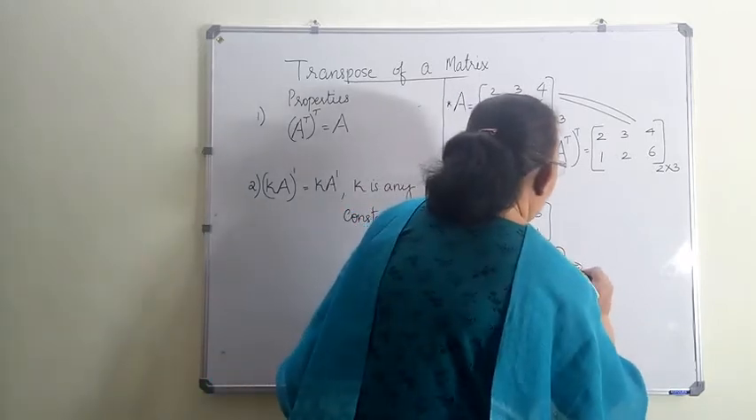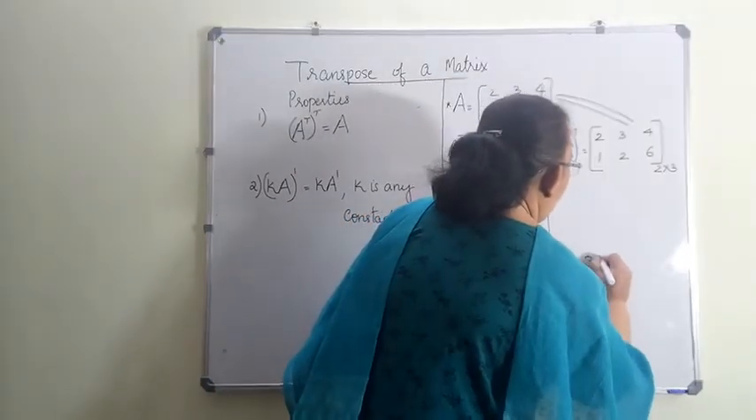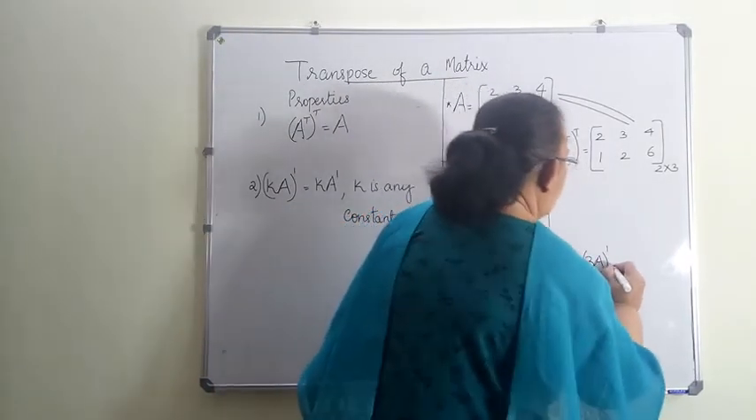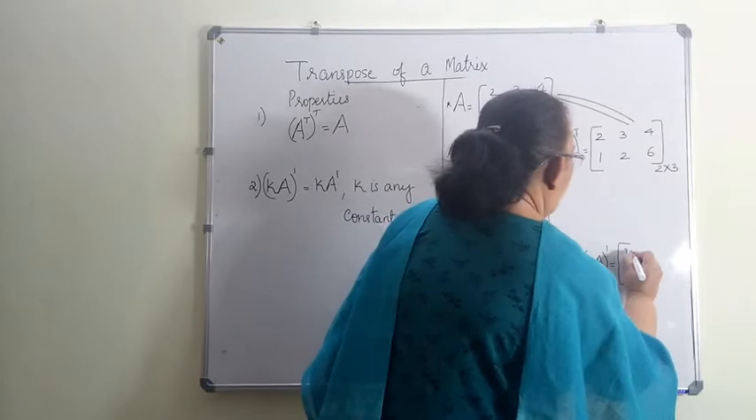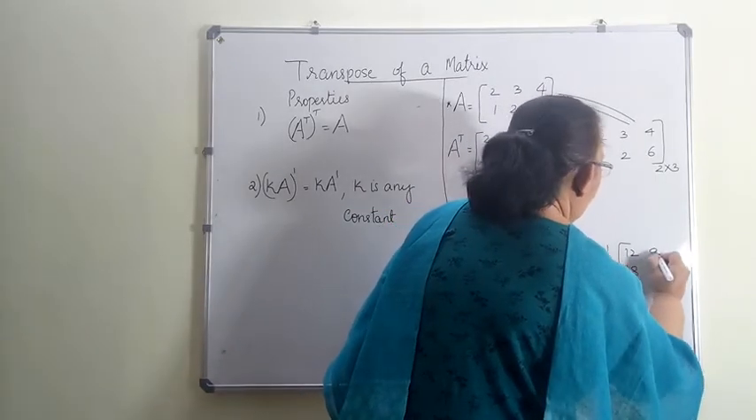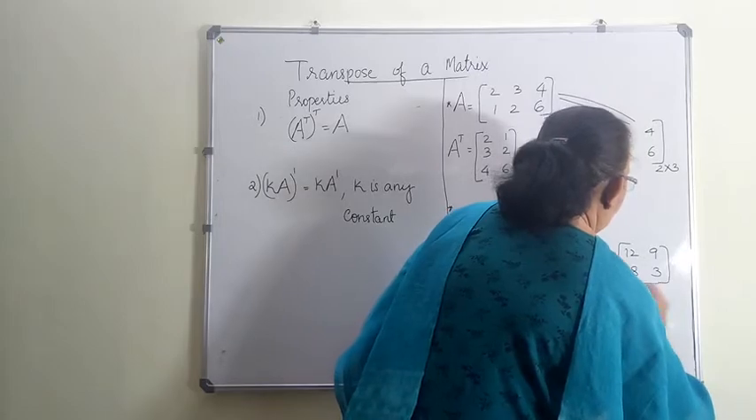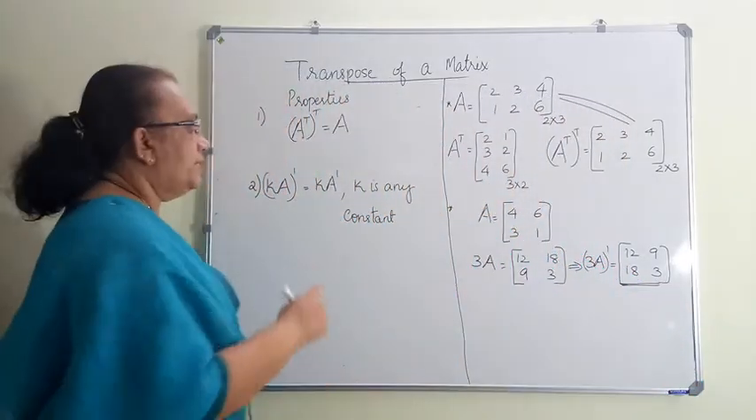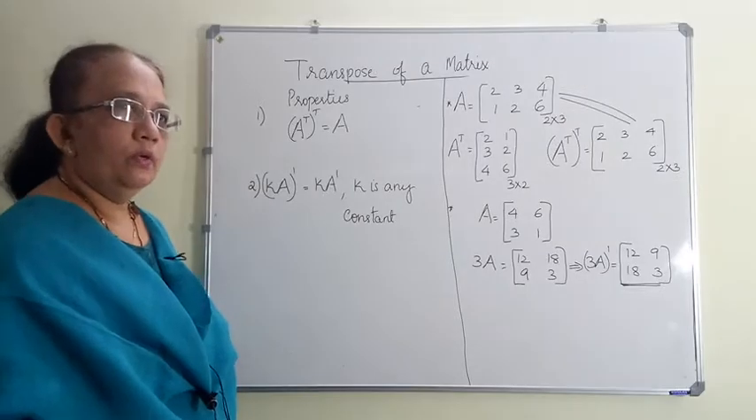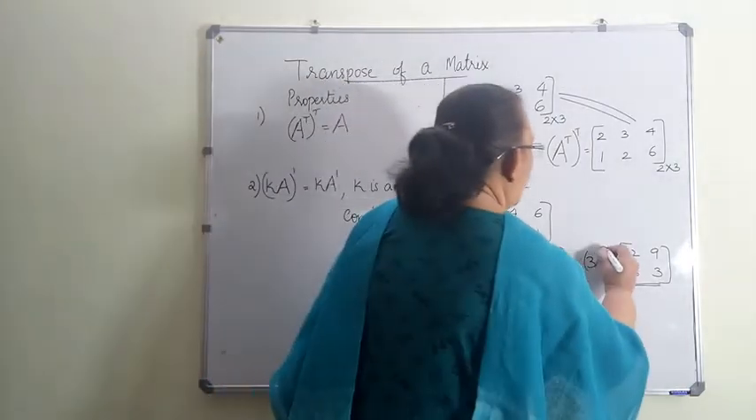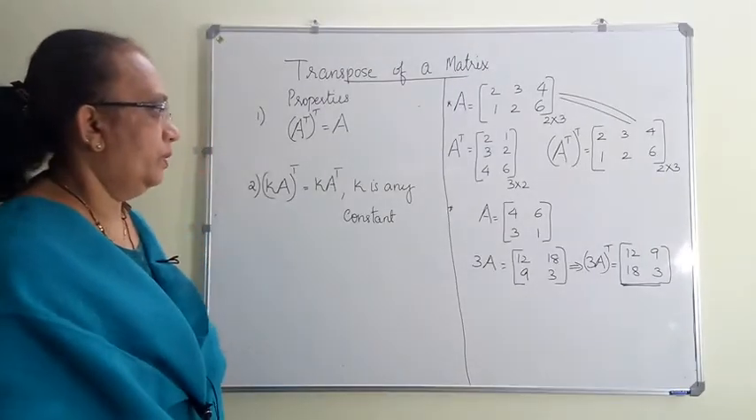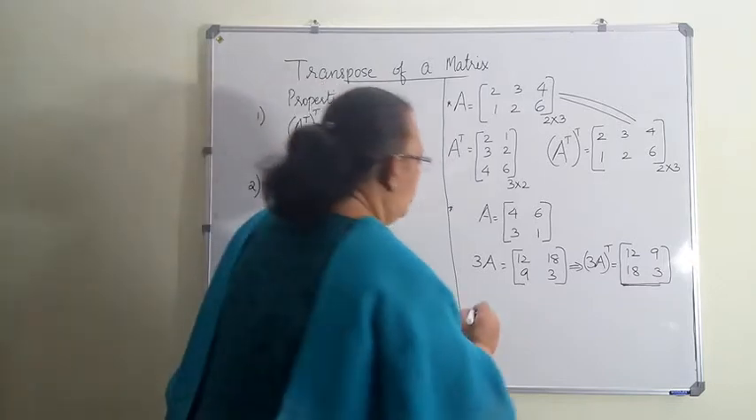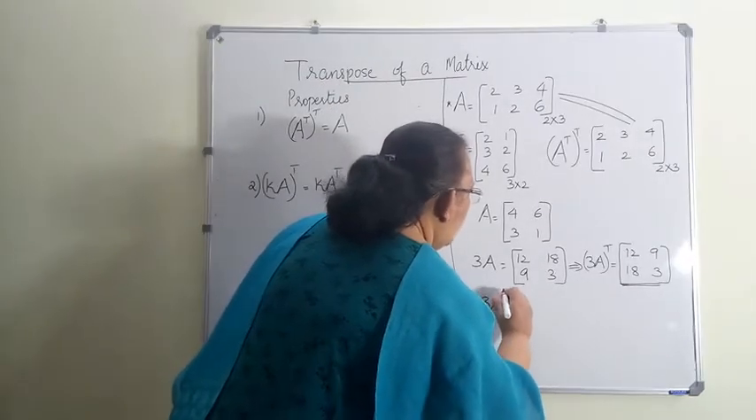Now, I will find out Ka the whole transpose. 3A the whole transpose is equal to, a row becomes a column: 12, 18, 9, 3. Okay. Now, next thing I have to find out is K into A transpose. I will write this symbol in a uniform way. Okay. Now, 3A the whole transpose